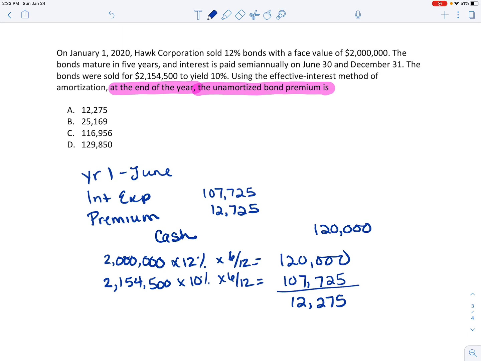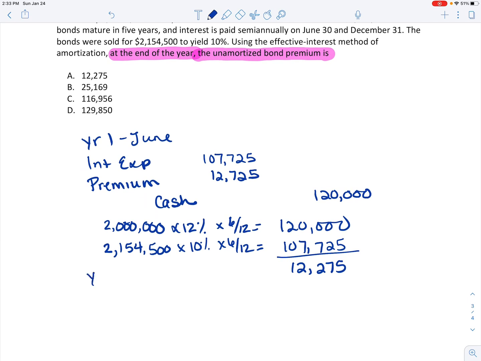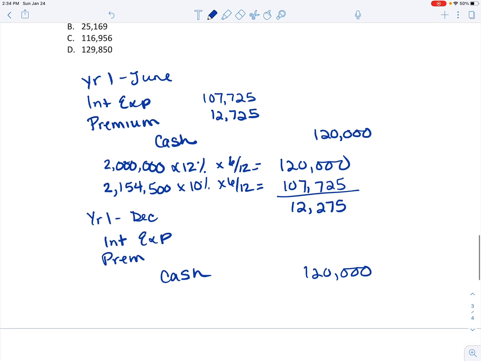I have to do that second year again. So I'm going to do that next. So this is my year one at the end of the year. So again, we have our interest expense, our premium, and our cash, which doesn't change. But now we have to figure out what our interest expense is this year. We're going to take that